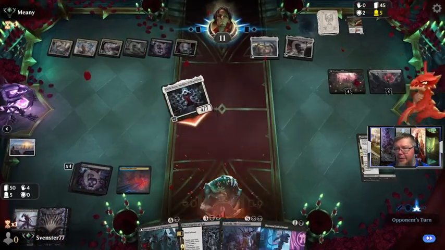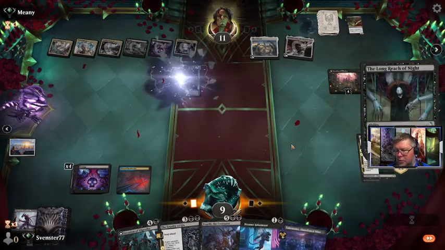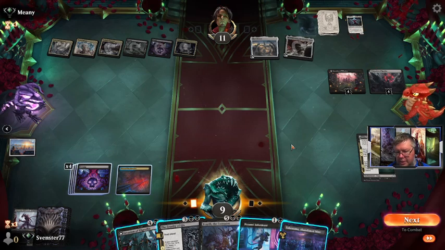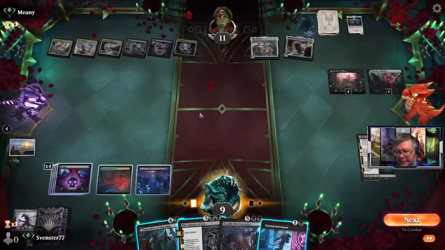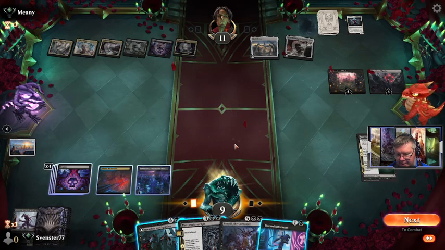Excellent. I made him discard her. She's good discard. And now he kills his Elesh Norn. Very happy. Alright, bring in my last land. Is that a 7? Nope, not yet. I'm at 6. Okay, so